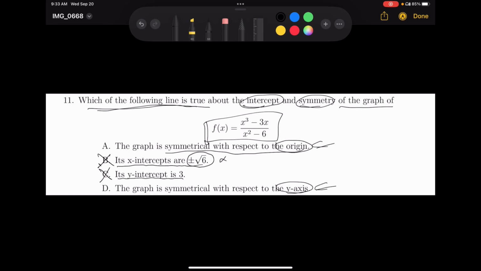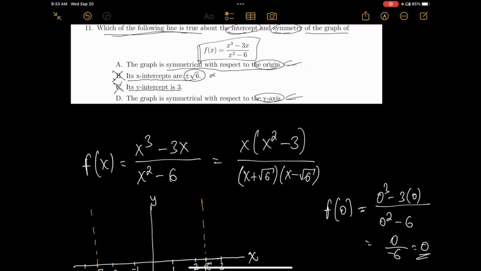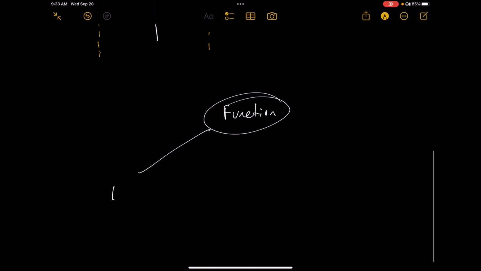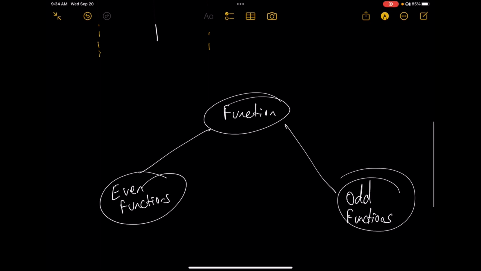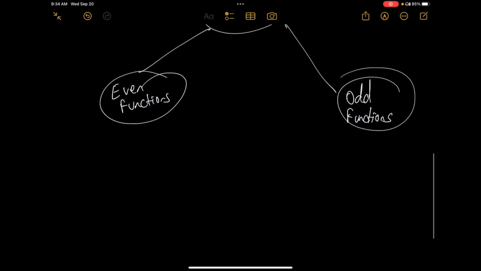okay አሁን መቼ ነው አንድ ፈንክሽን symmetrical with respect to the origin የሚሆነው፣ መቼ ነው አንድ ፈንክሽን symmetrical with respect to the y axis የሚሆነው? well እሱን ለማወቅ ያው even እና odd ፈንክሽኖች ናቸው right። ትዝ ካላችሁ even ፈንክሽኖች አሉ፣ odd functions አሉ፣ እና even ፈንክሽኖቹ ለምሳሌ x squared፣ x to the power of 4 okay፣ cosine of x፣ እነዚህ these functions they are even functions።